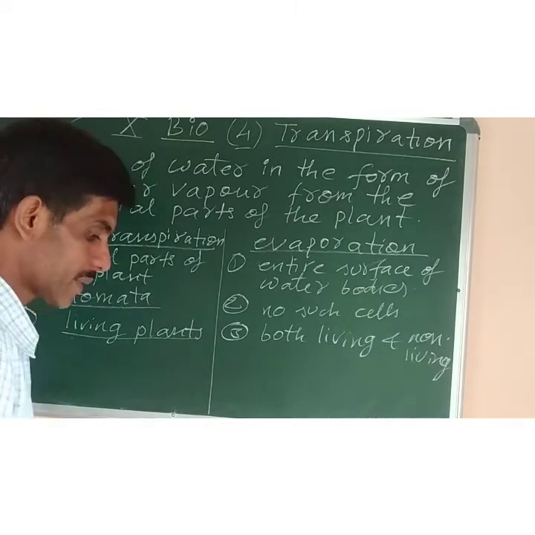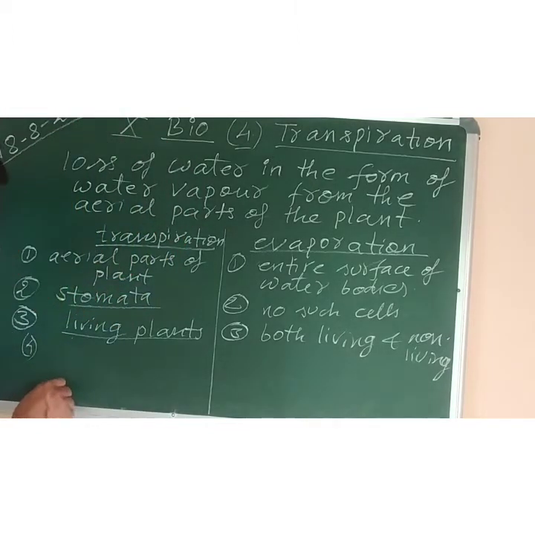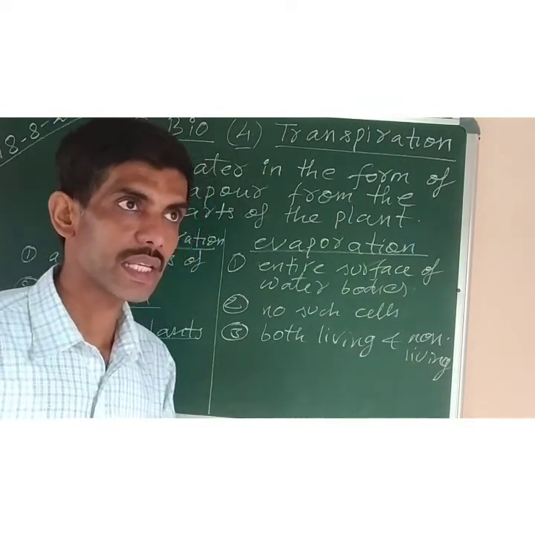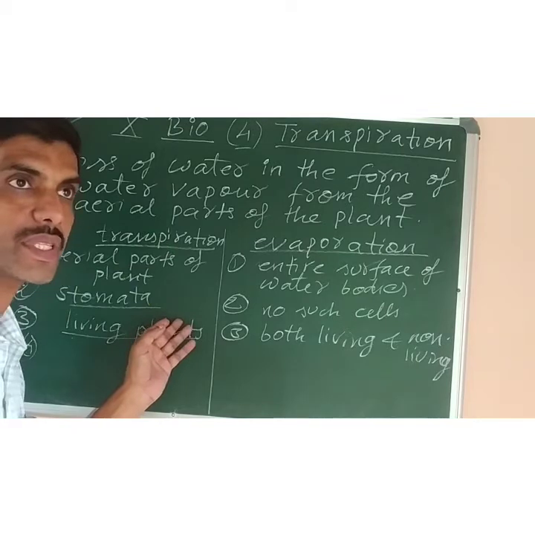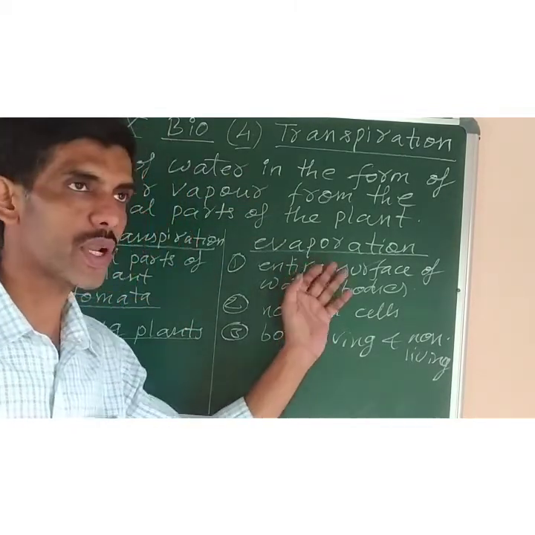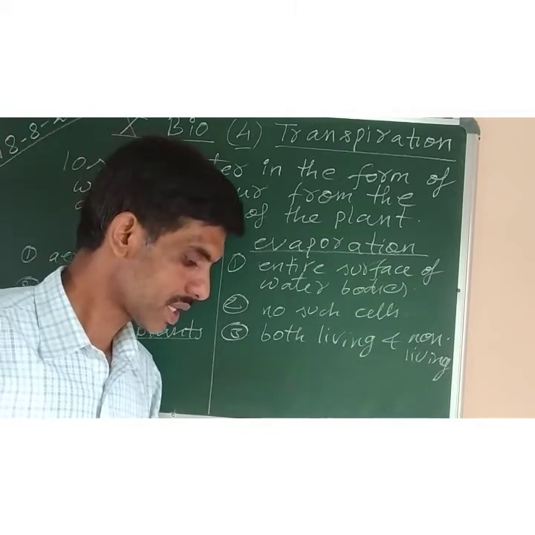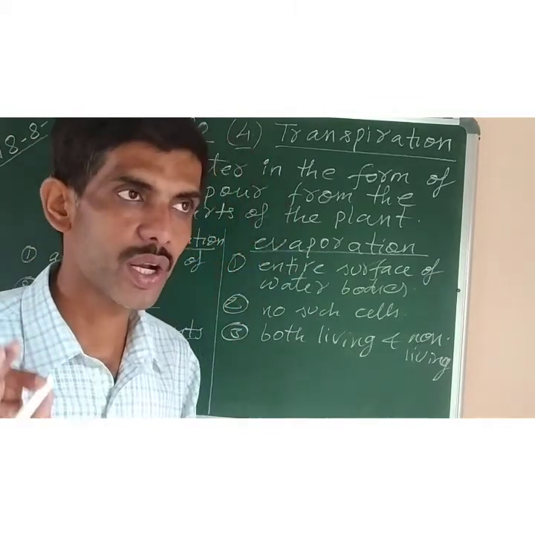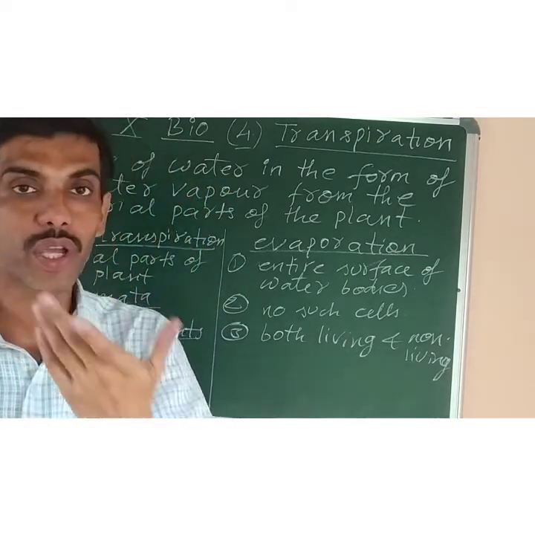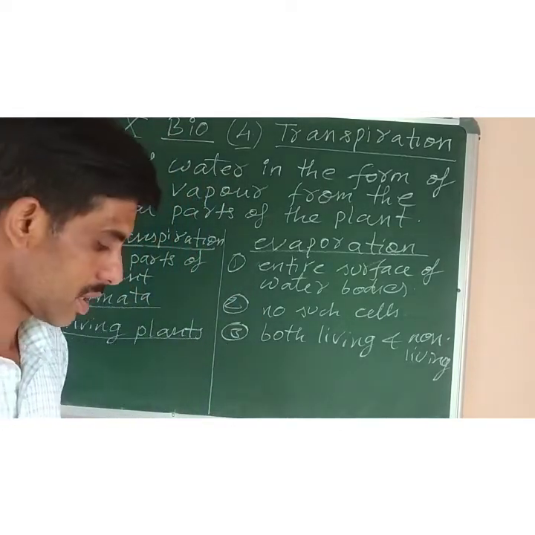Then the last point, it affects the plant's life, like transpiration can help to reduce the temperature of the plants, as well as help in the translocation of nutrients. It can also help in the ascent of sap, that is movement of water and minerals to the upper parts of the plant. Evaporation has no such effect. It will not control temperature, or the translocation of water molecules. Then next is